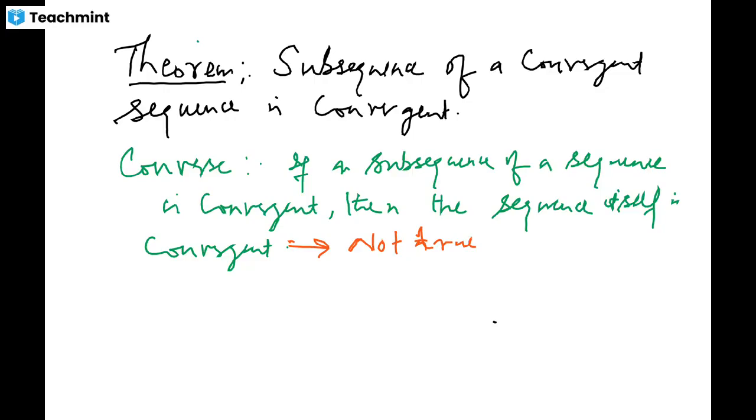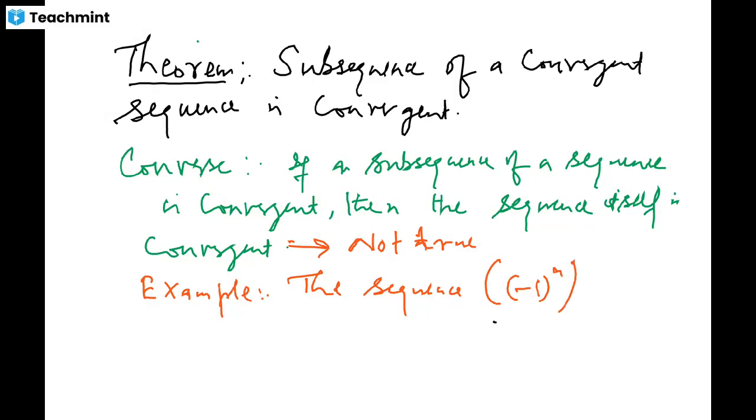Let us look at this example. Consider the sequence. As we have seen already, this is a divergent sequence. That means we already know the behavior of this sequence. This is divergent. And अगर मैं